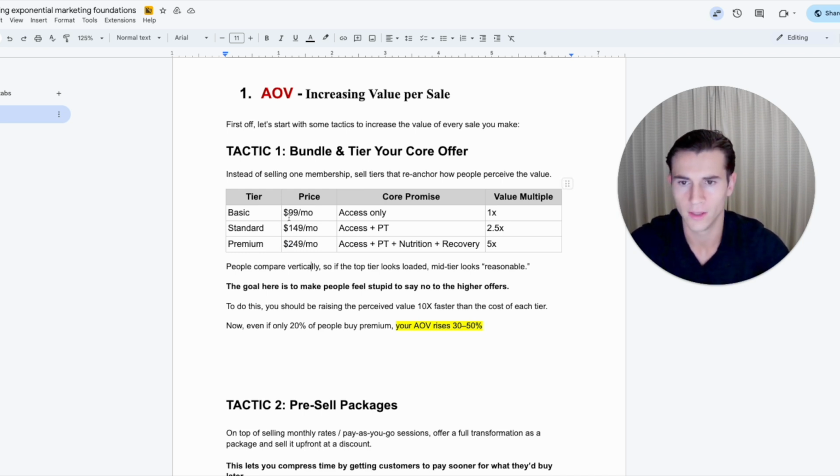So for example, let's say your base is $99 per month, okay? You can say, hey, listen, John's in for a free tour of the gym. Hey, John, instead of paying $99 a month to get access to the gym, I'm sure you're going to do great with that. But if you only pay $50 a month more, you're going to get 2 personal training check-ins per month with John, who's our fat loss specialist, and he's going to keep you on track. It's $50 a month, right?